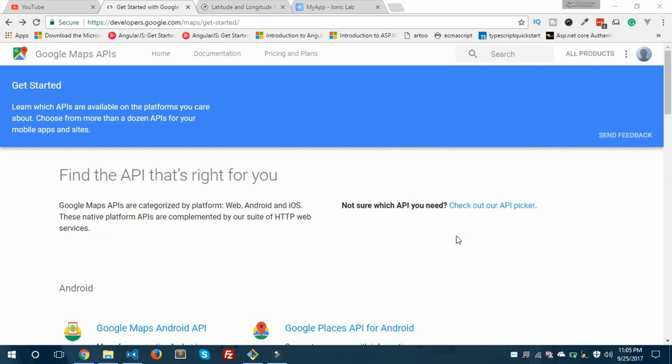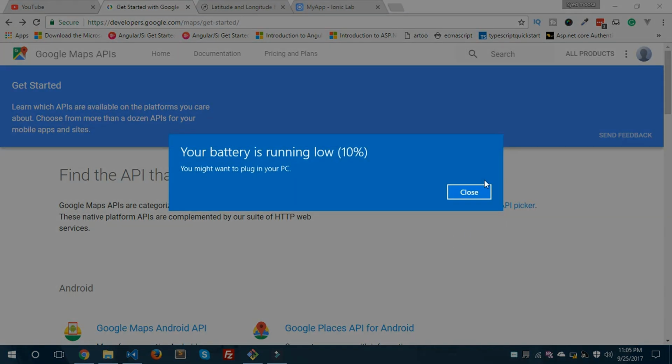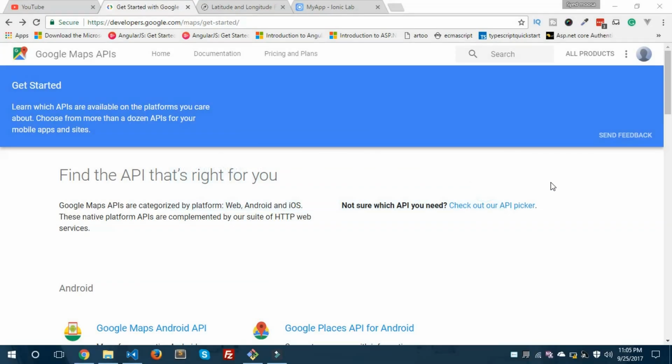And that is Google Maps in Ionic 3. We will see how we can use the Google Maps API to integrate Google Maps in an Ionic 3 application. So let's build a simple Ionic 3 application and integrate Google Maps in it using the Google Maps API. So first you need to visit this documentation,